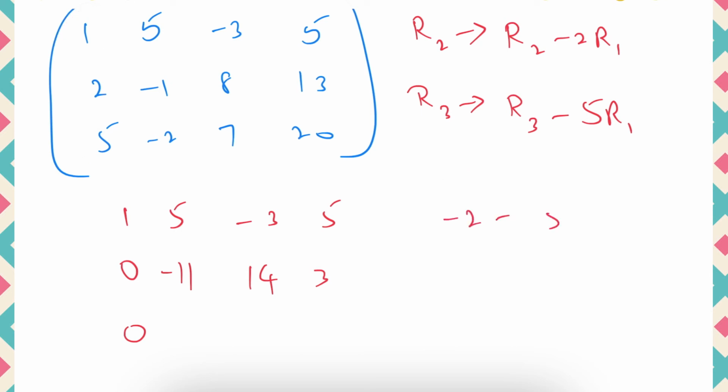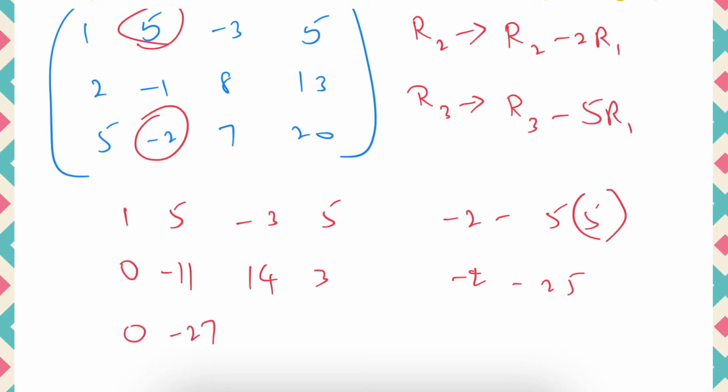Minus 2 minus 5 into R1, that is 5 again. Minus 2 minus 5 fives are 25. Minus 2 minus 25, it's nothing but minus 27. Now the third element, if you move to